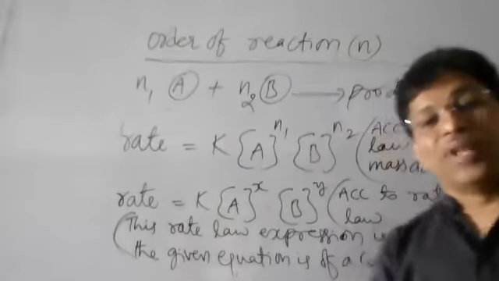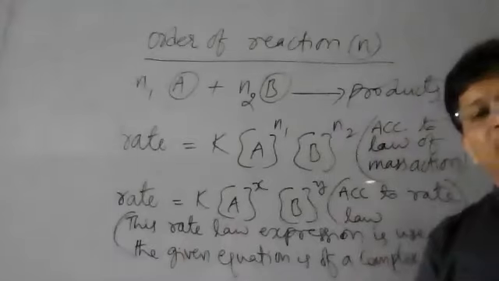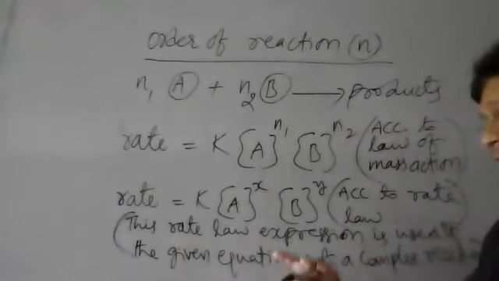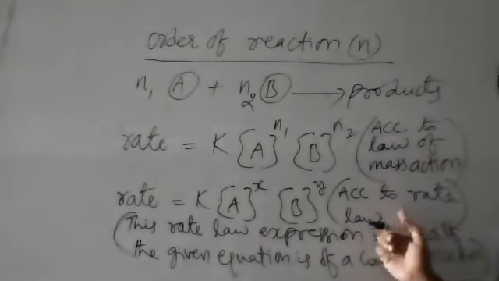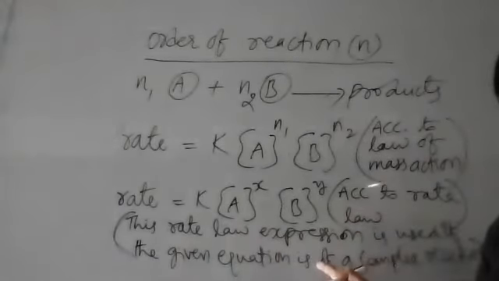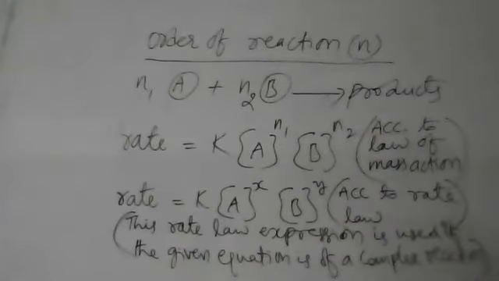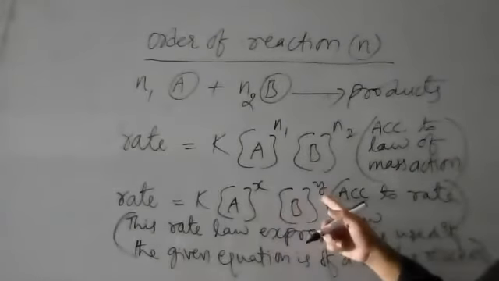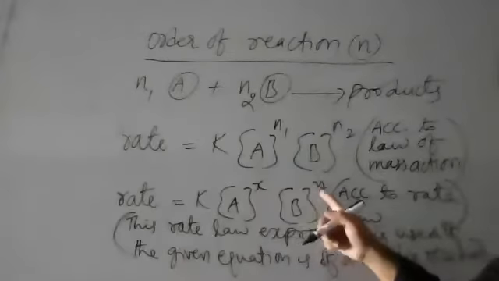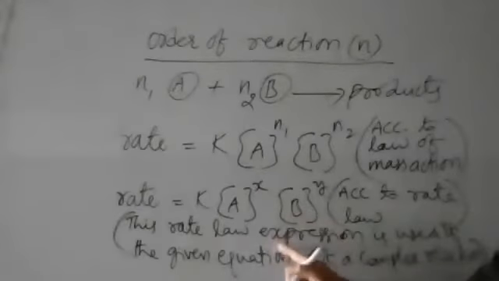Complex reactions. If the reaction is understood to be a complex reaction, we must follow what? Rate law. And this expression must be used. If the reaction is a single step elementary reaction, then we can follow this law. Is that clear? So like this, the x value plus y value of this rate law expression is called order of reaction.